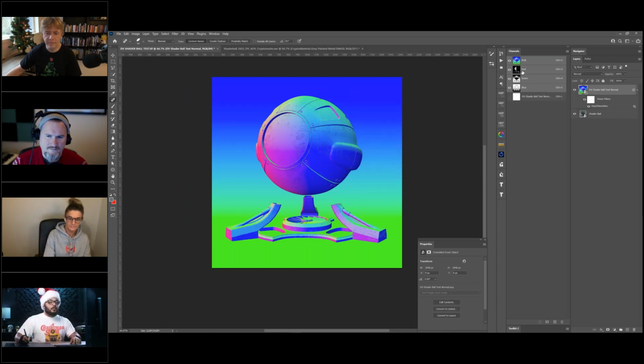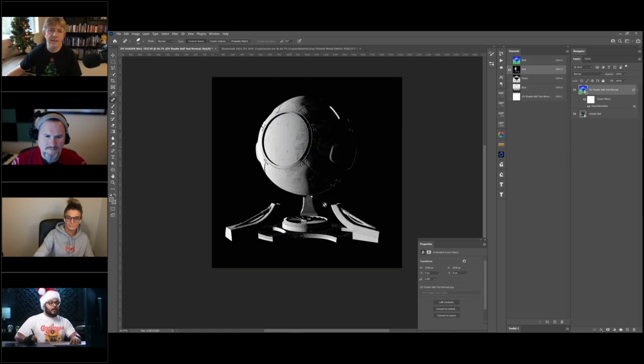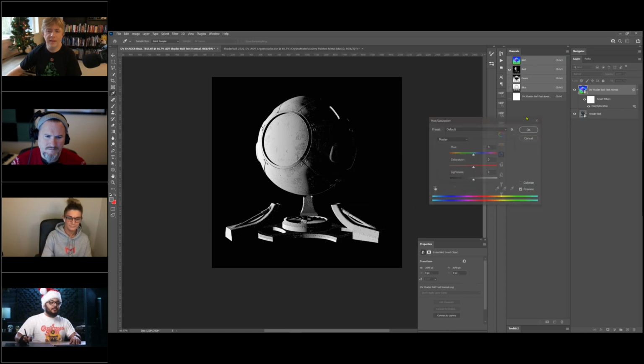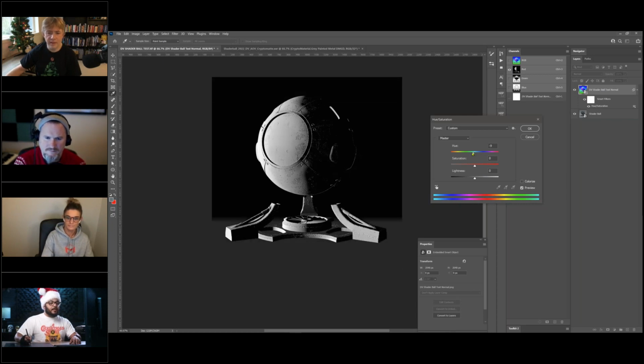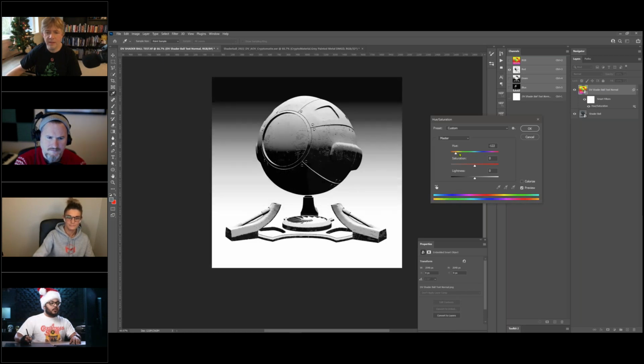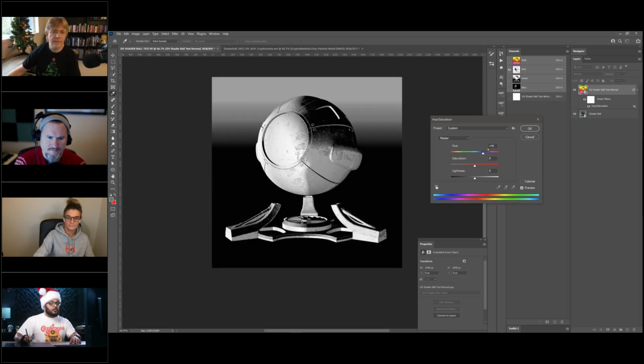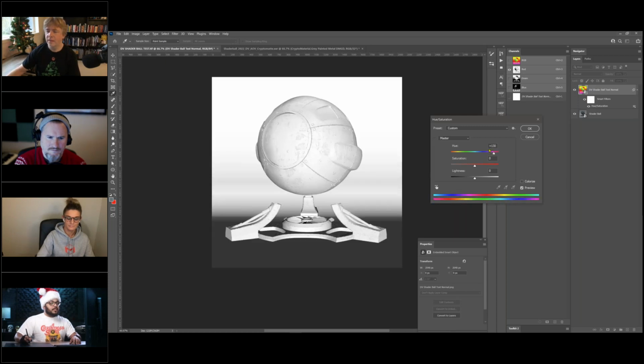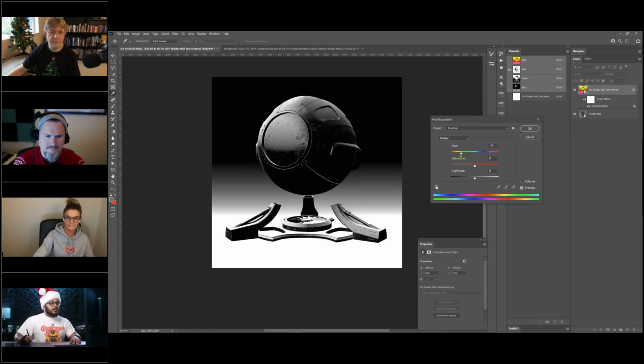And now with light coming from the left side, we know that we'll want to take a look at the red channel here on this normals pass. Now, what we can do with the red channel selected is open our hue saturation adjustment that's right underneath the smart filter for that adjustment layer. And now this allows us to hue shift it. And so we can take our hue slider and really start to adjust the way that this mask is going to work. And so in this case here, we can go ahead and move this a little bit,